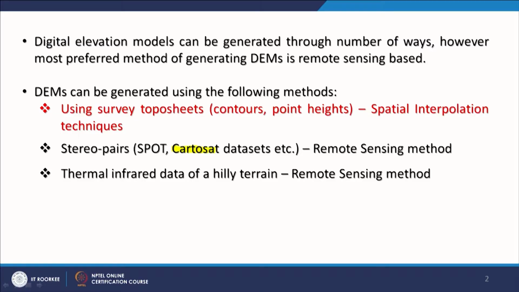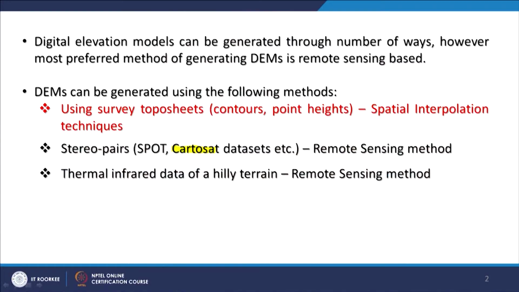The advantage of forward and backward looking is that weather conditions will not change. If in one scene there is a cloud, in another scene also there would be a cloud. But if it is clear in one scene, it is highly likely that the other one will also be clear. So Cartosat has really provided a great impetus for the development of digital elevation models.